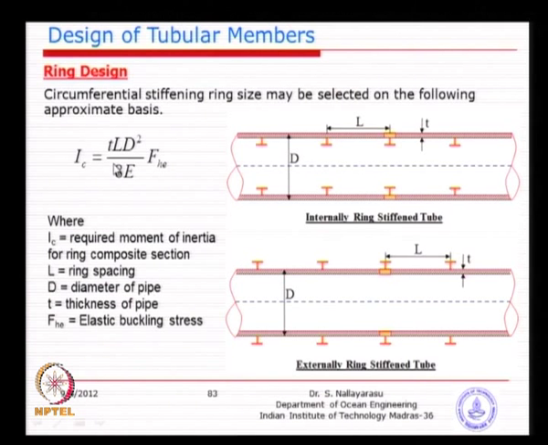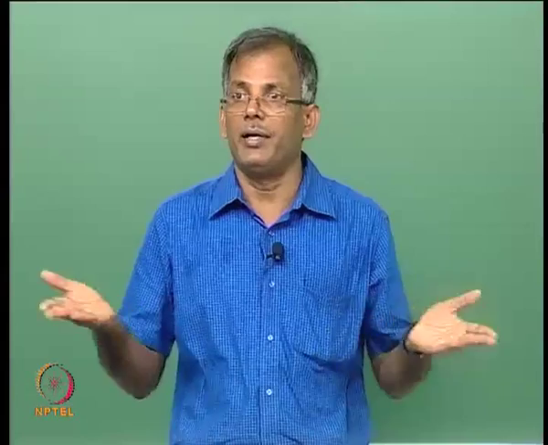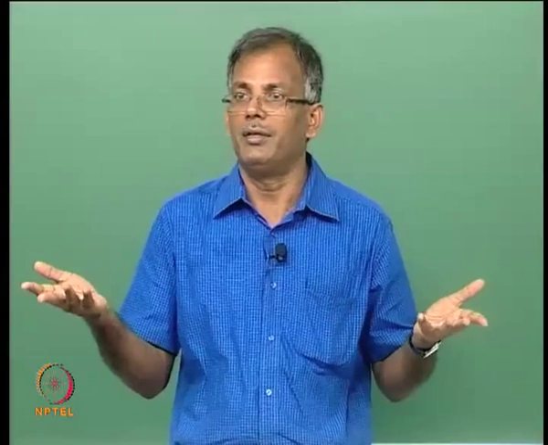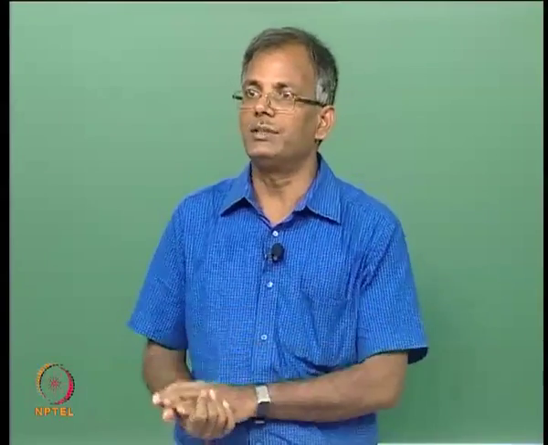So, basically it goes back to the member check. As long as you assume 5 meter, you have to provide 5 meters as a spacing, but you should not stop there. You should provide the spacing of 5 meter with the sufficient moment of inertia required, so that the rings will not fail. In some cases, if you provide rings which are just slender, you only have one thing satisfied, spacing is satisfied, but the strength is not satisfied.